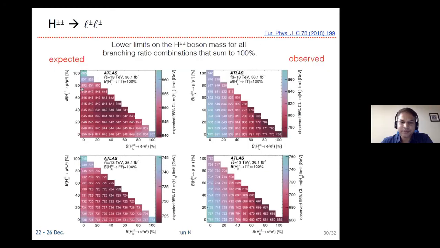Okay, so they also provide results in 2 dimensions: the limits on the mass given the branching ratio fractions. So you consider different branching fractions for muons and electrons. This is for the left-handed one, and this is for the right-handed one. Here you see, assuming different branching fractions to electrons and muons, what is the upper limit on the mass of the charged boson. That is given in these plots. You see stronger limits in the left-handed case compared to the right-handed ones.